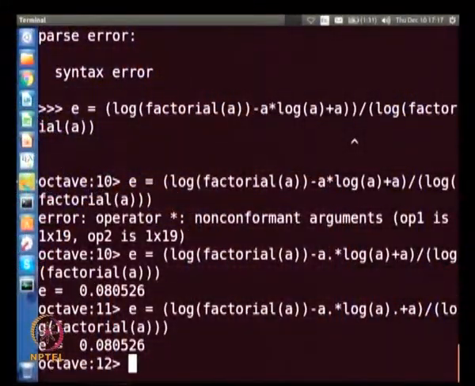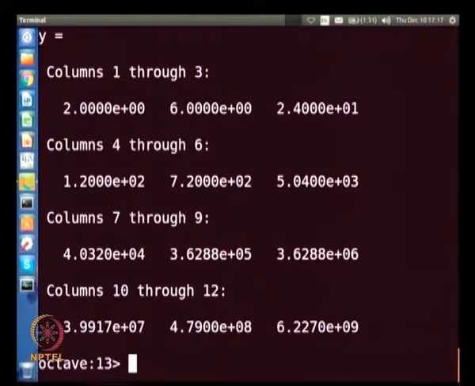So, let me first create the logarithm of n factorial. How do I do that? Let me call this y is equal to factorial of a. Well, now y is a vector. So, now I can say, logarithm of y minus a dot star logarithm of a, minus